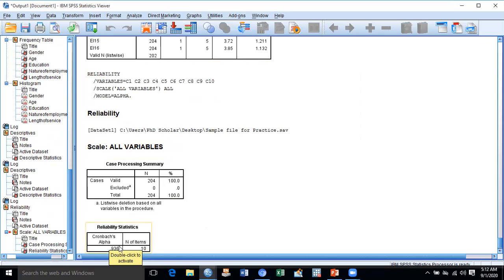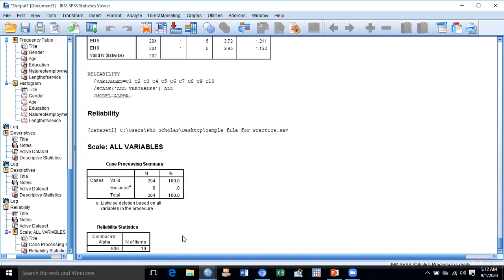Its value should be greater than 0.70, and if it is greater than 0.90, the value is really significant. If it falls above 0.80, it means it is very good data. So the value of 0.936 is showing that our data has an excellent value as well. It means the data is reliable.